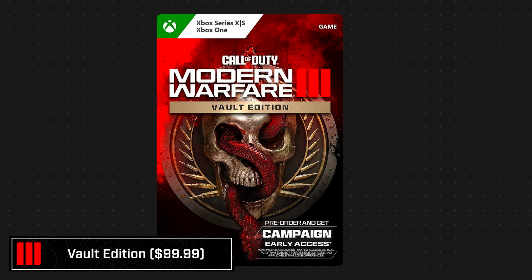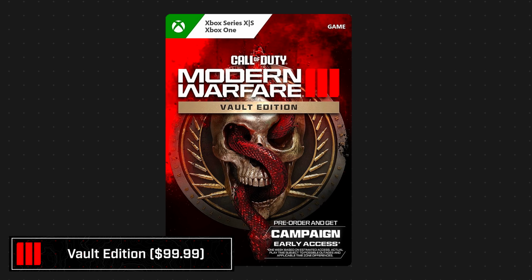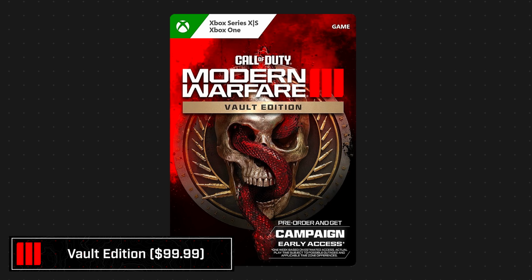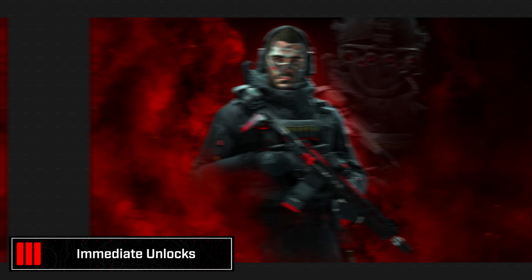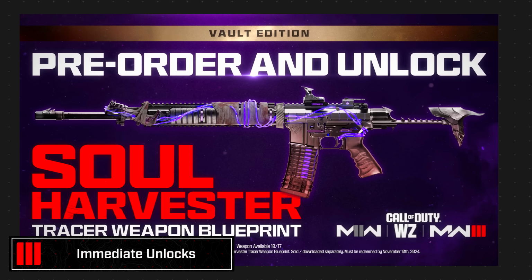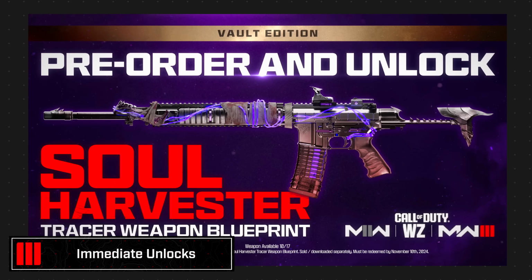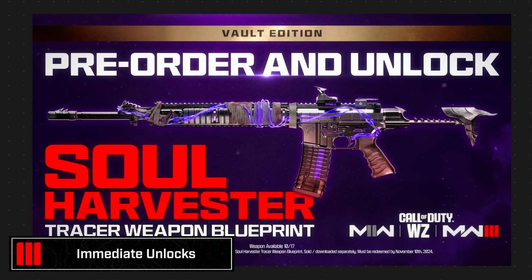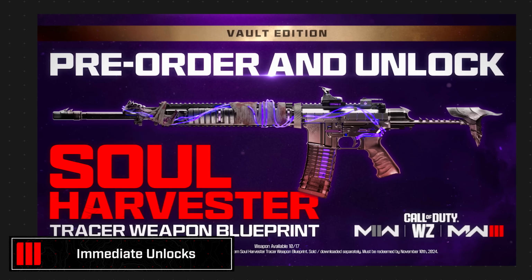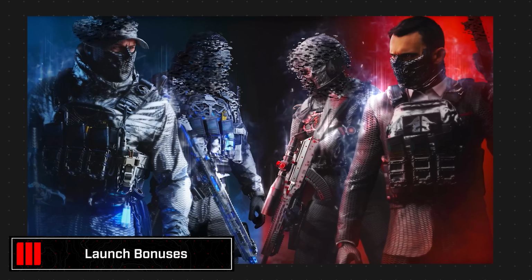If you want to go a step above that, officially speaking, the Vault Edition for $99.99, doesn't matter the platform again. You'll of course get the bonuses initially of the Soap Operator Pack, the Zombies Ghost Operator skin. You also will have the Soul Harvester Tracer blueprint for the M4, currently available in Modern Warfare 2 and Warzone, which right now for the next couple of days, as the haunting event going on, does offer the bonus of additional souls. But then come launch, you'll also end up seeing the Nemesis Operator Pack, something you'd end up